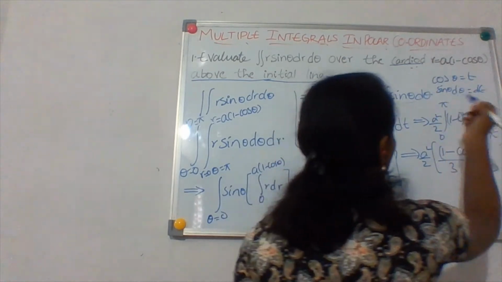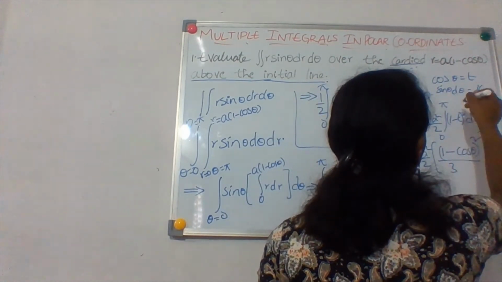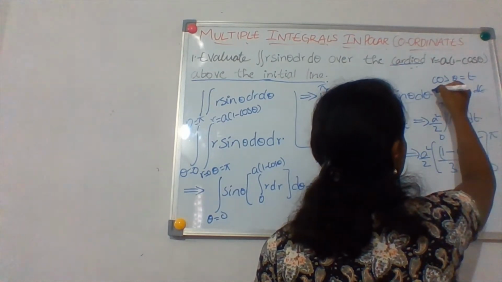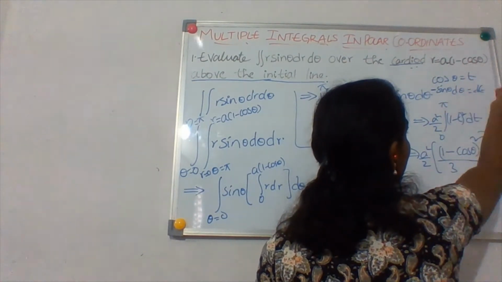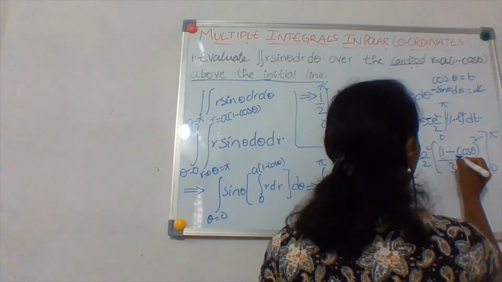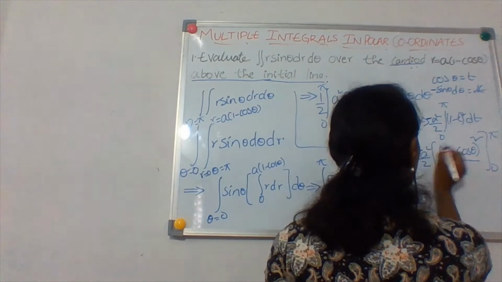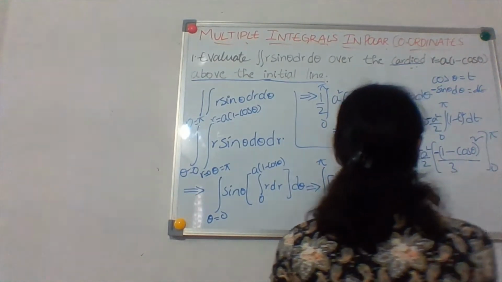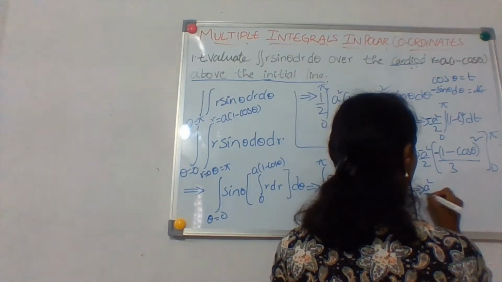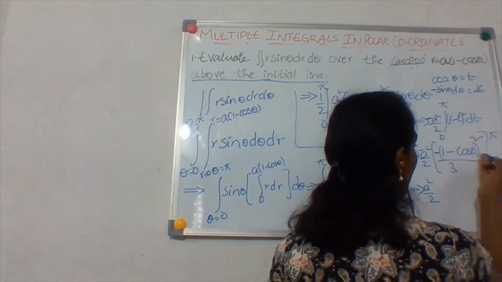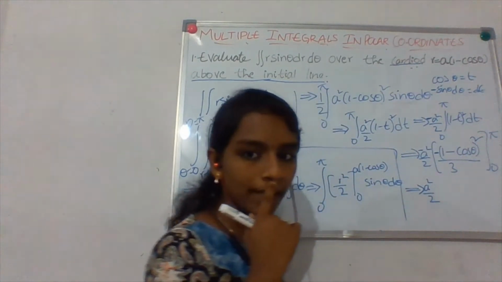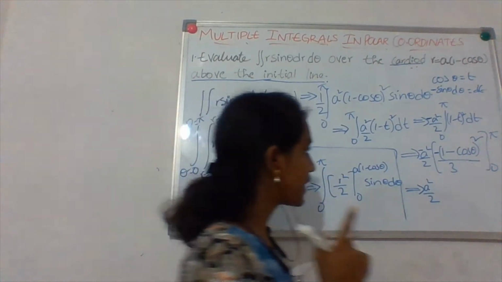Yes. Oh, yes, I have to take cos theta equals t, so minus sin theta d theta will be dt, right? Yes. So the minus will remain, and if I integrate here, I will get minus of minus, which becomes plus. And a square by 2 into, if I put pi first, cos pi. What is the value of cos 180 degrees? It is minus 1. Yes.